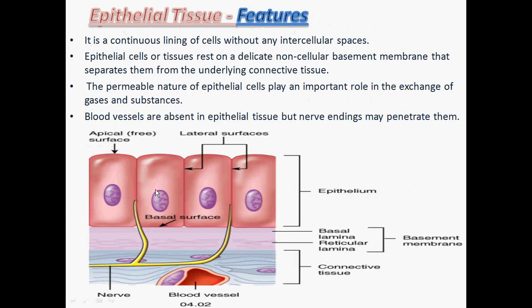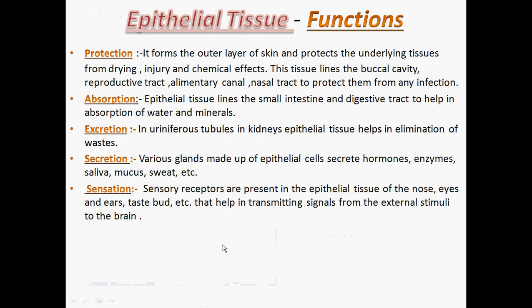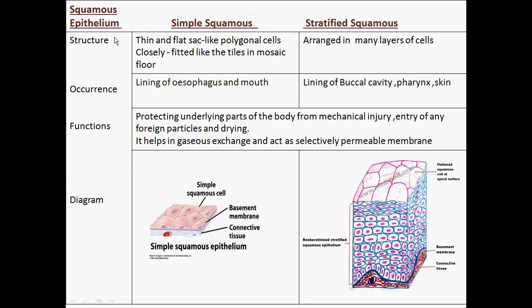We also learned that the epithelial tissue cells are placed on a basement membrane, below which there is a connective tissue. Now, we are going to study the different types of epithelial tissue based on their shape, organization, the number of layers, and the shape of the cells. Based on that, different functions are allotted to different epithelial tissues, present for their particular function in that particular area of the body.